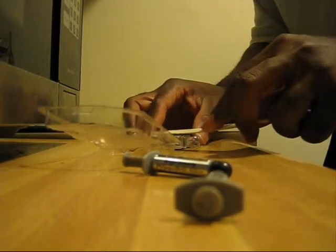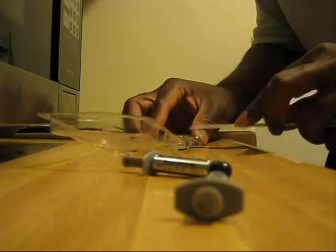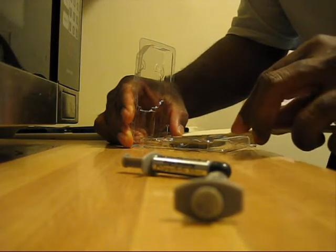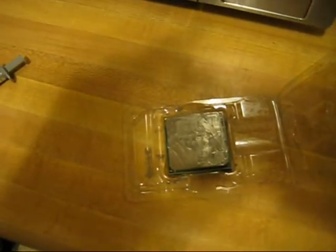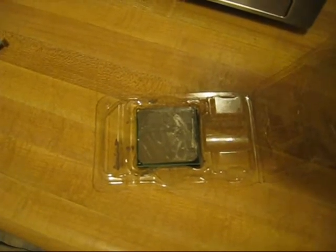I don't want to take too much time doing this. And again, I don't care whether it's perfect or not, just as long as it covers the entire top of the CPU. This thermal compound is messy by nature. It just is. And that's it. That's pretty much all I'm going to be doing. It's not perfect, it's not smooth or anything. I might fix it up and make it a little better, but that's essentially what I'm going to be doing. Next thing you'll see is probably me putting this on the